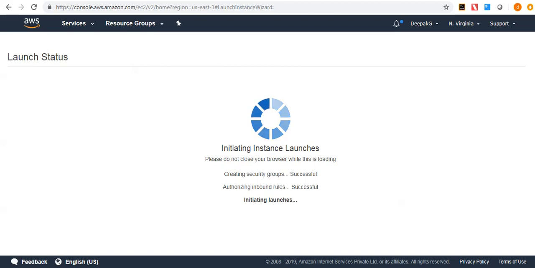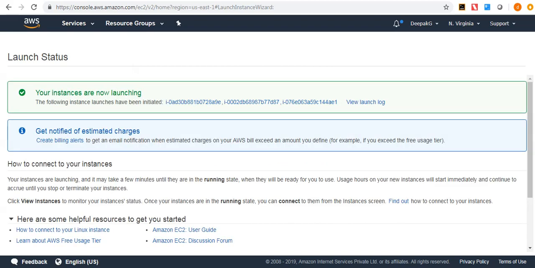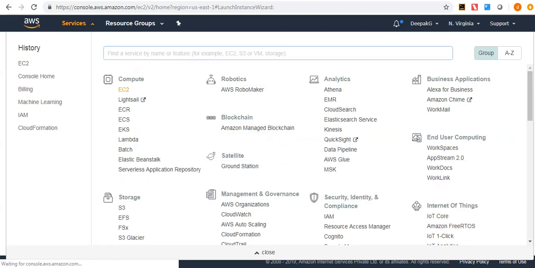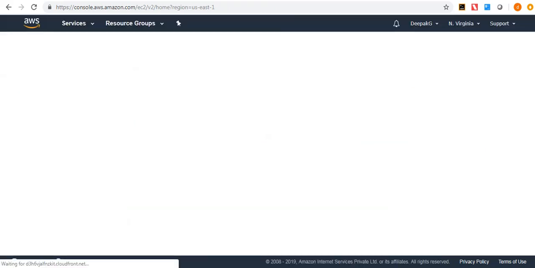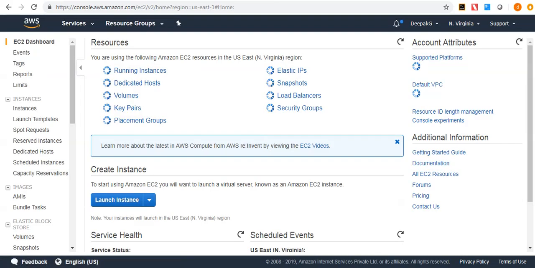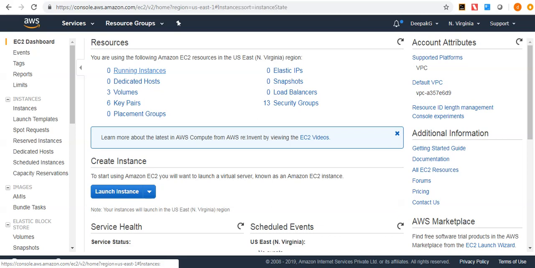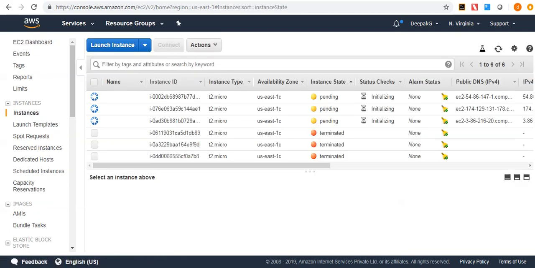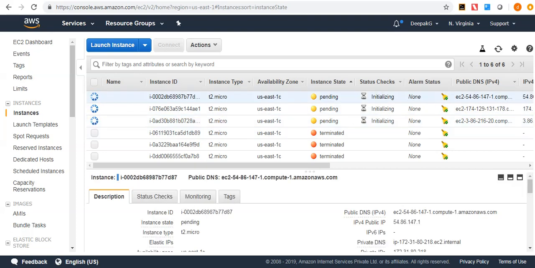It will take a minute or two to create your instances and make them up and running. You can go to EC2. You can click on running instances. You can see that 3 instances are showing in pending state. So it is actually initializing your machines in the cloud. So let's wait for it. Meanwhile,